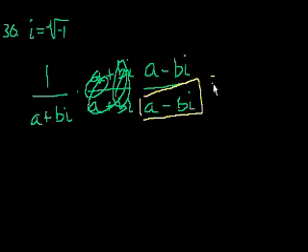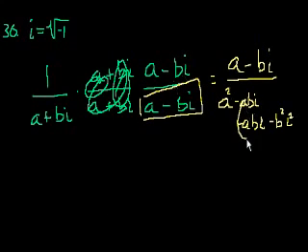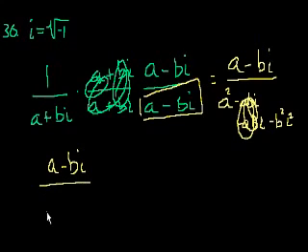So let's see what this is equal to. Well, the numerator just becomes a minus bi times 1, which is a minus bi. Then you have a times a, which is a squared. A times minus bi, so it's minus abi. Then you have bi times a, which is plus abi. I'll write it down here, plus abi, and they cancel out. And then you have bi times minus bi. So that's minus b squared i squared, right? So let's see, these cancel out, and so you're left with a minus bi over a squared minus b squared